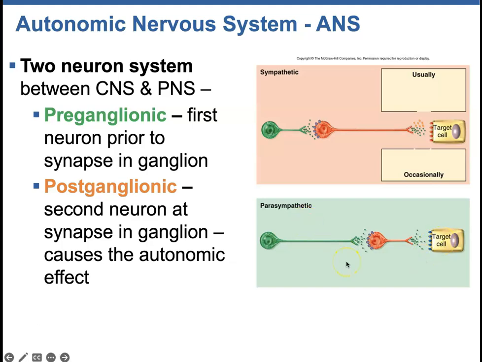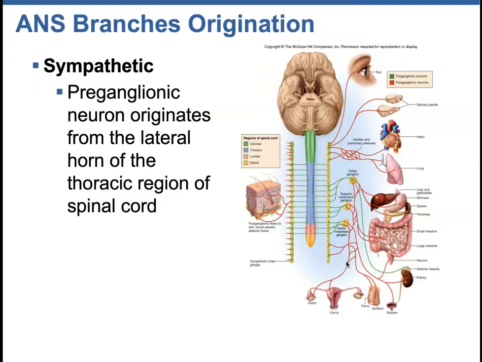So I'm going to go through and talk about what these neurotransmitters are, what the receptors are, because they're very specific, and then what the target organs are. So we're going to start with sympathetic. Your sympathetic system, remember, is coming off T1 down to about L2. So the preganglionic neuron is going to originate in the lateral horn of the spinal cord. And then it's going to go out and find that sympathetic chain, which is only for the sympathetic preganglionic neurons to go and connect to the postganglionic neuron